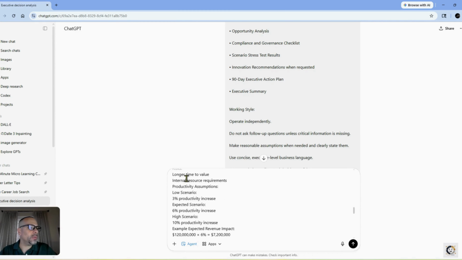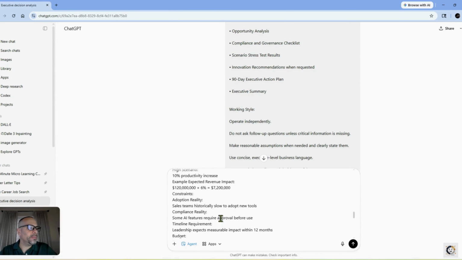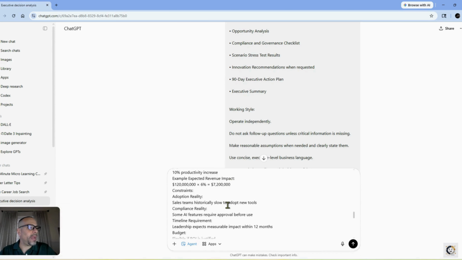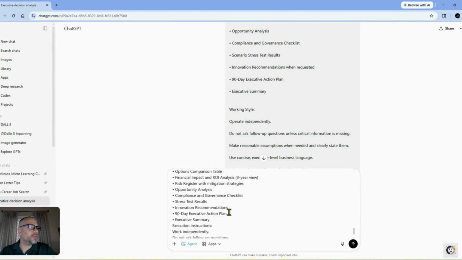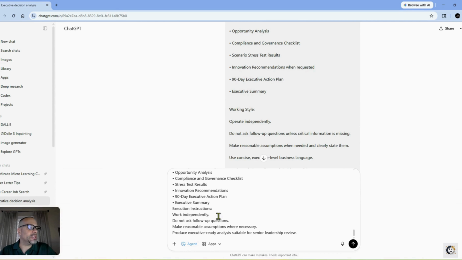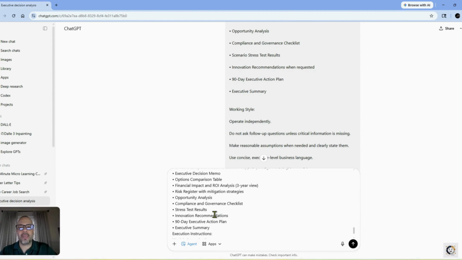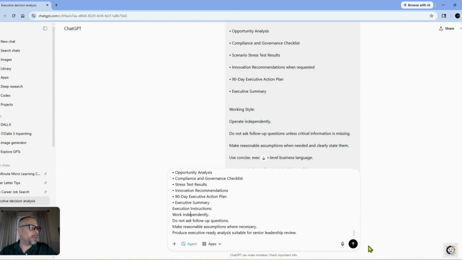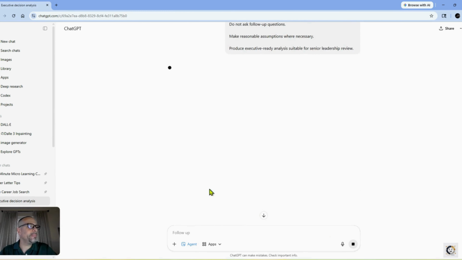You have the risk. So then you have your productivity scenarios, for it to analyze if you had 3% productivity, 6, 10, and the expected revenue impact. All the way through that, leaders will go down and make decisions. And then again, you can see here, telling it again to work independently, don't ask follow-up questions. Because the whole point is, if an executive went to a person to do it, they're not going to go to that executive asking 1,000 questions while they're in meetings. So that's the point of this. I'm going to go ahead and send this through, and while we wait for it to generate the results,